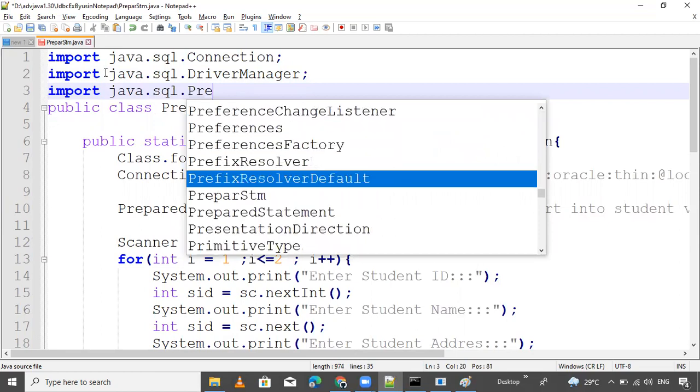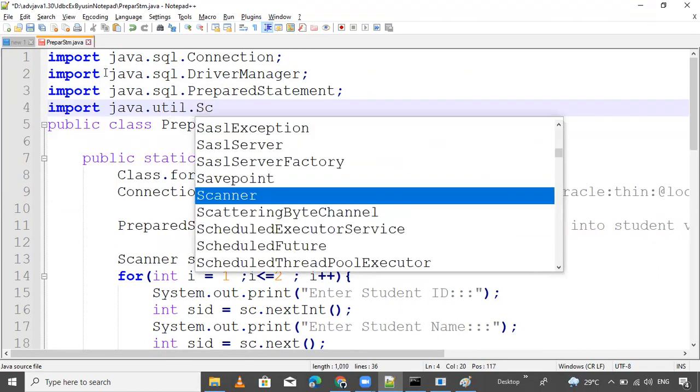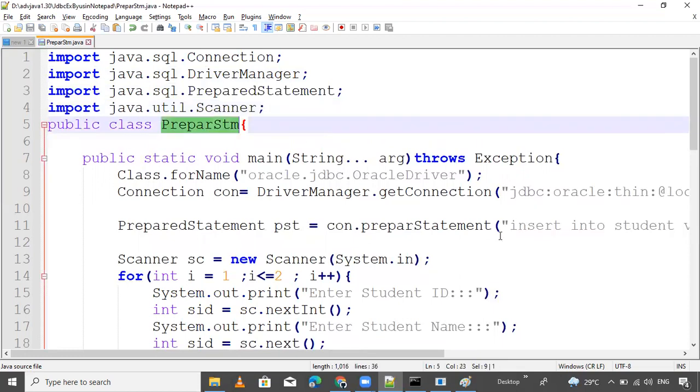This is the PreparedStatement. Now one more package is required: java.util.Scanner. Now our program is ready to go live.